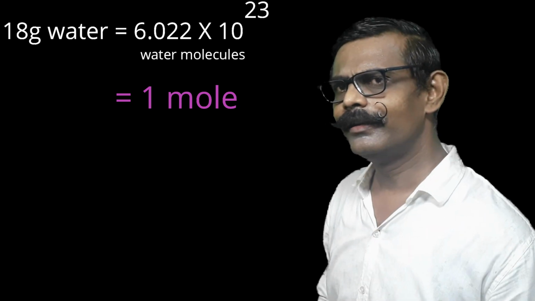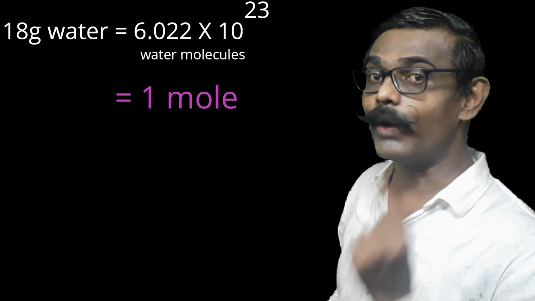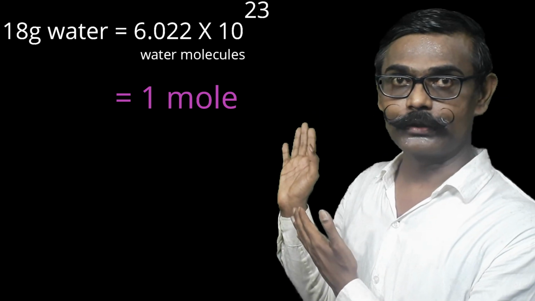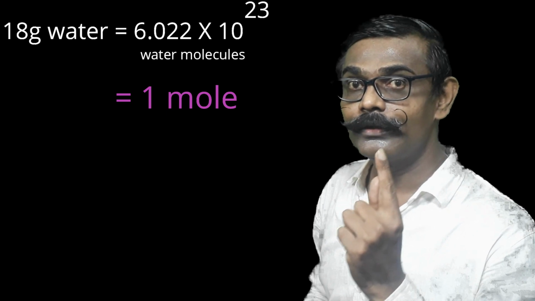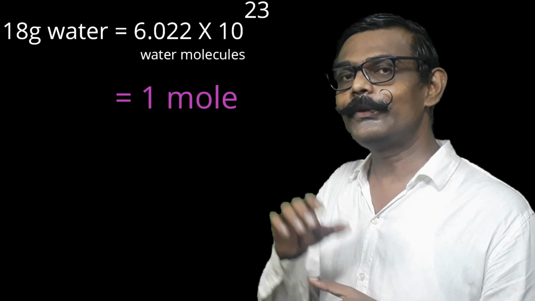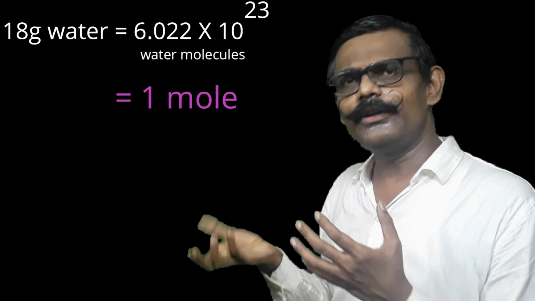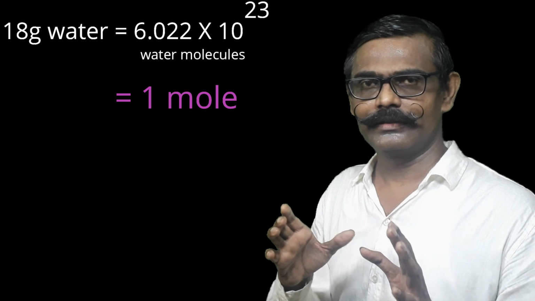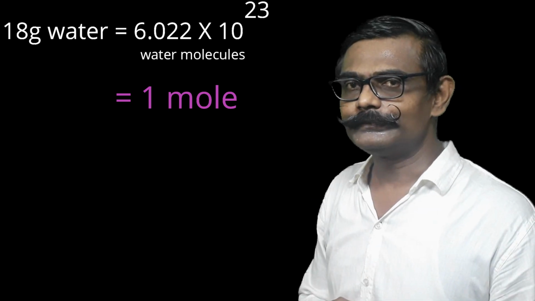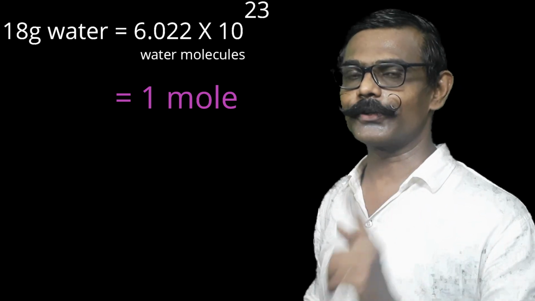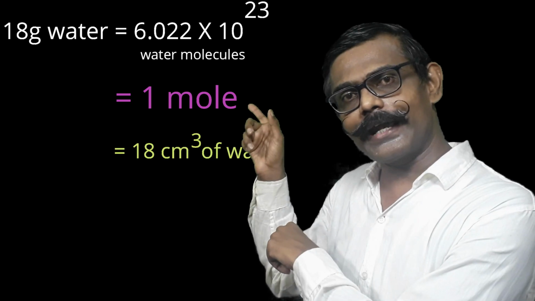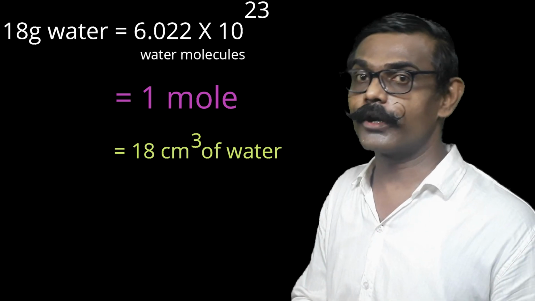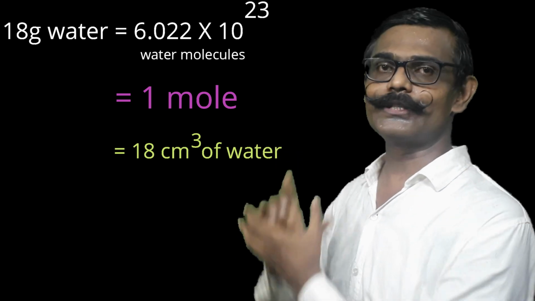Now can you find how many molecules may be there in 1 drop? For 18 gram, Avogadro's number of molecules. Then for 1 drop, we need to convert the gram into volume or volume into gram. Let us see, what is the density of water? 1 gram per cubic centimeter. So 18 gram means 18 cubic centimeter. So if you take 18 cubic centimeter of water, it will possess Avogadro's number of molecules.